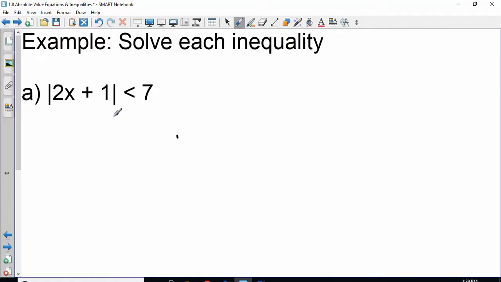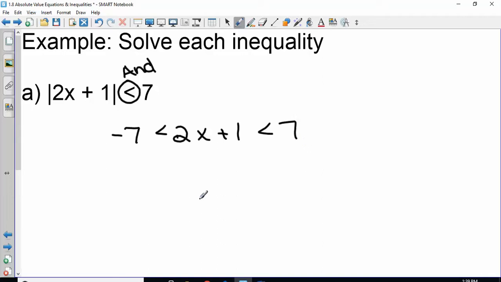Okay, so I have my absolute value by itself. This is a less than. So is that an and or an or statement? And. So for the and statements, you put it in between the negative and the positive. And so then we just solve this compound inequality. So if we subtract the 1,